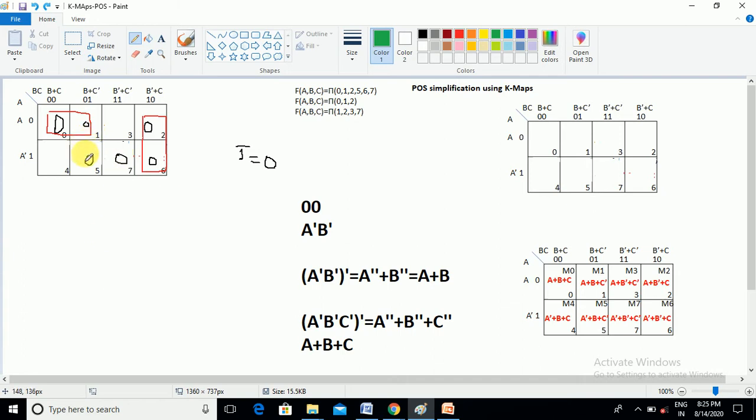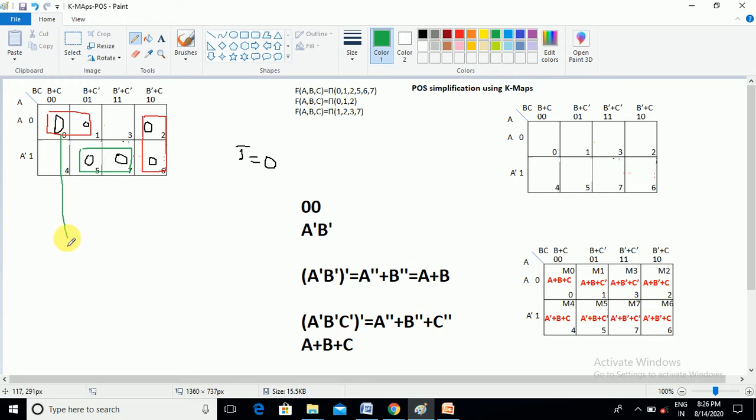Now we have to take it as a 2 cell group. Now see, there are 6 cells selected in total, but all of them create only 2 cell groupings. So now let us write the answer for it. This problem is somewhat different. Now let us write the answer.